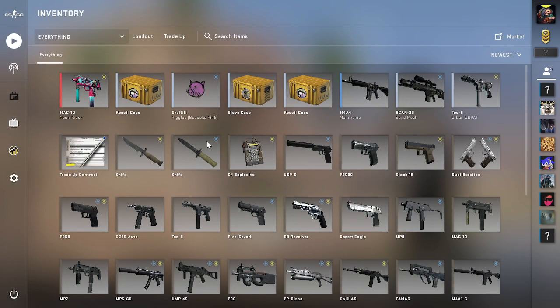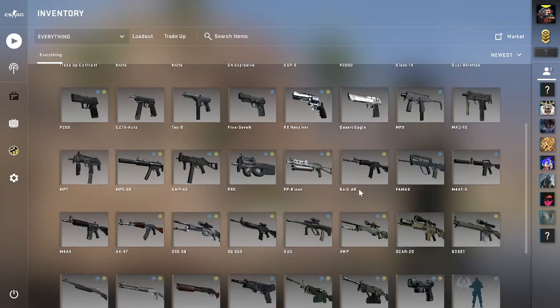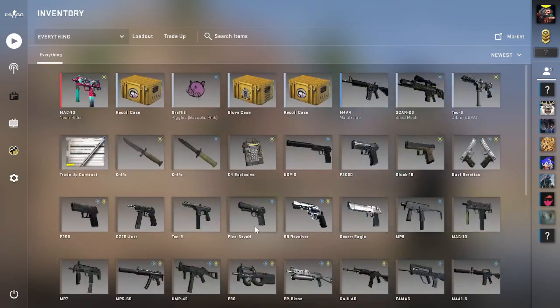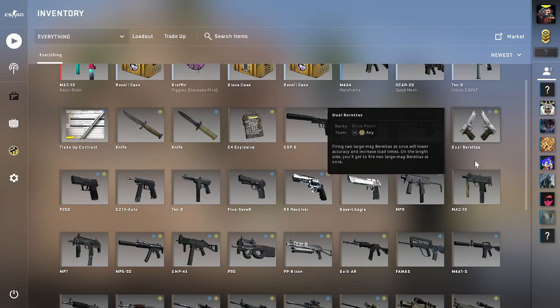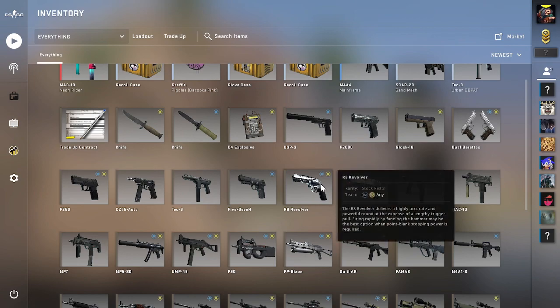And now, onto the second thing, which you can also do in this menu, is you go into your inventory. If you're just starting out, you won't have a lot of stuff, and I also don't have a lot of stuff. But something you'll want to do is there's quite a decent amount of weapon alternatives, like the R8 revolver and